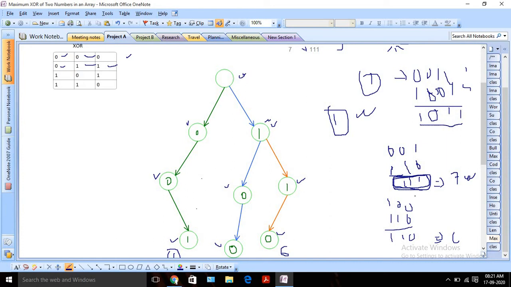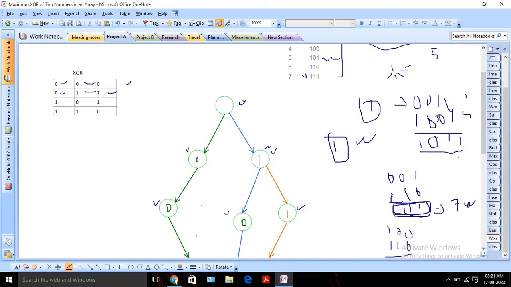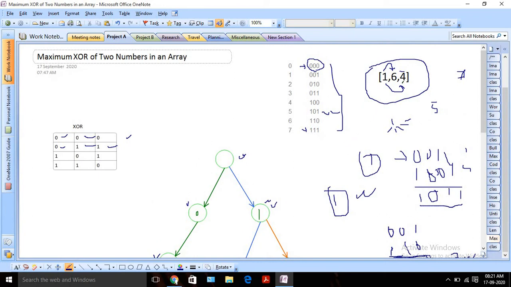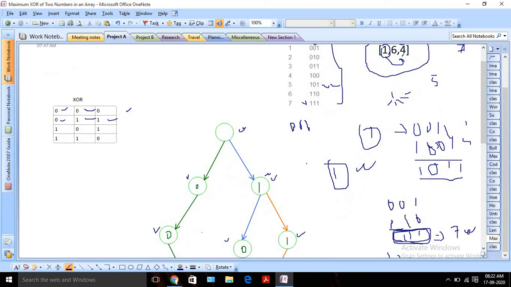So let's start with 1 only. For 1 we know it's 0, 0 and 1. So I need to find whether the opposite bits are there or not. If it is there, then we will consider 1, and if it is not there, then we will consider it as 0. That means we need to go in the same path, and in that case it will be 0 only. So let's try to find the opposite bits for 1.